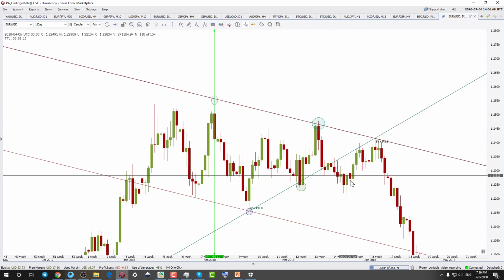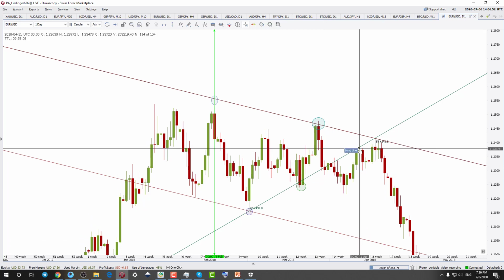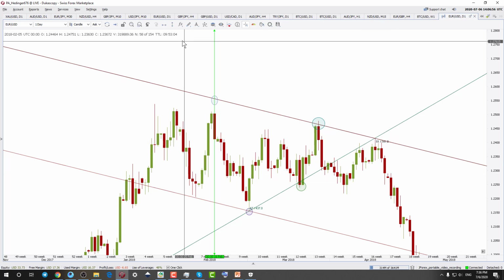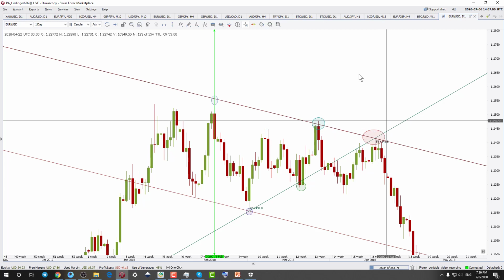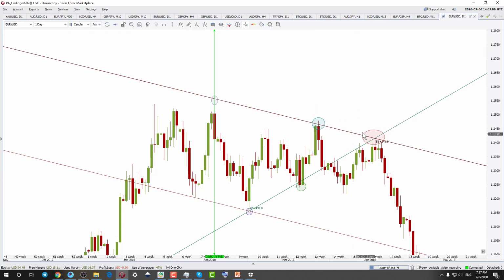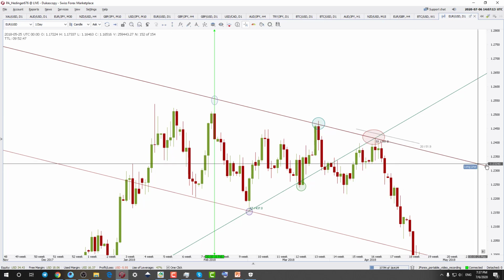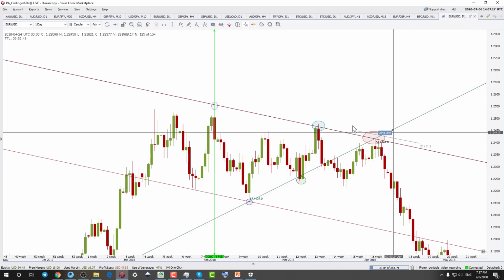And after the breakdown, you see how the price went to test the line as resistance, and then eventually it went till the apex as a resistance. This retest was another good opportunity to sell this market. And after the sell, where do you place your stop loss? You place your stop loss above this line anywhere, and then keep trailing it as the price goes down. And eventually what will be your target?